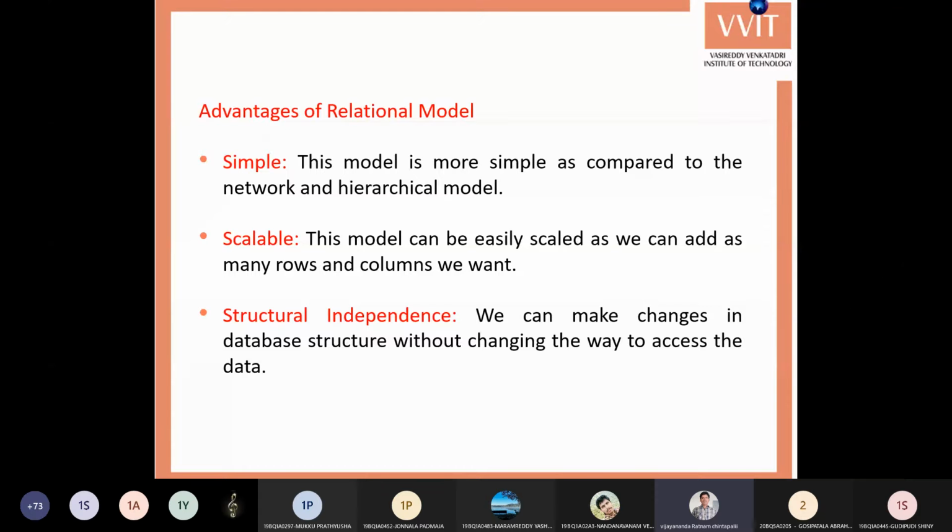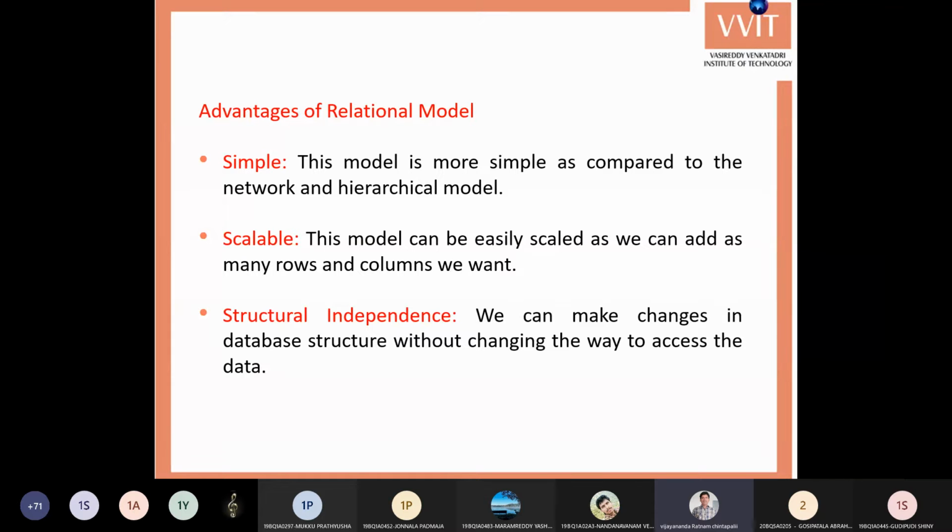So you can use the same methods for accessing the data in a table even after removing some columns from the table or adding some new columns to the table. There are no issues at all. You can use the same procedure even after some modifications in a table. So these are the advantages of the relational model.